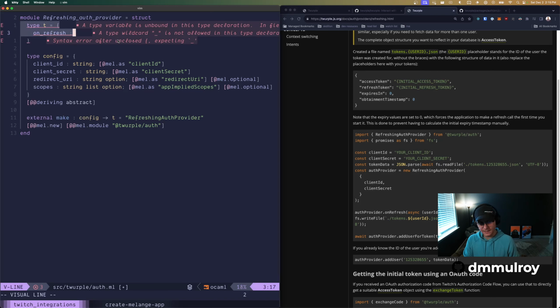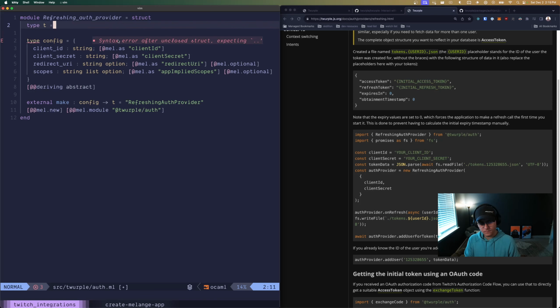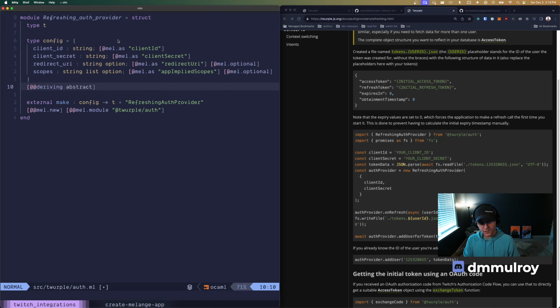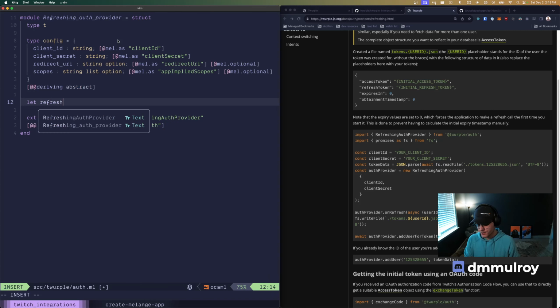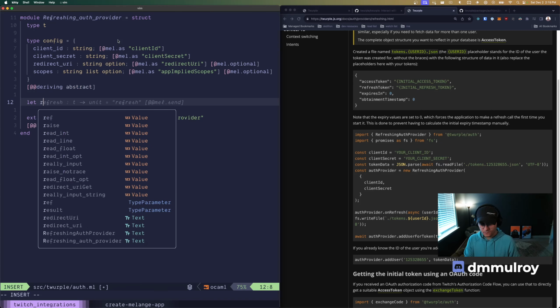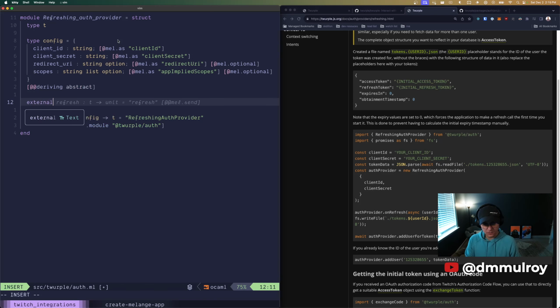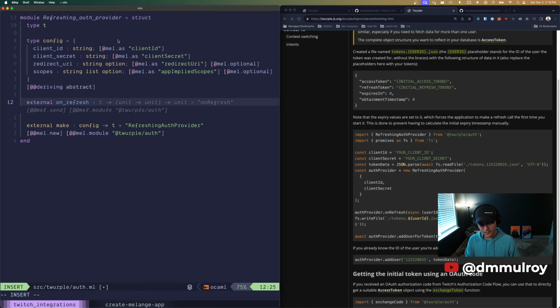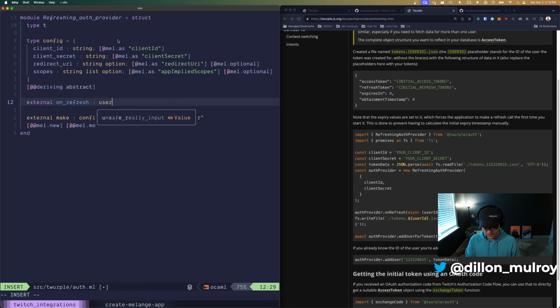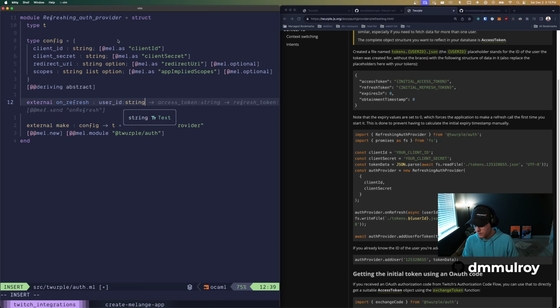Maybe we don't want to put it on a T. Maybe we say let on refresh. On refresh, this will be external actually. External on refresh is going to be a thing that takes a user ID, which I assume is a string. So we'll say user ID, that'll be a string, and it'll get